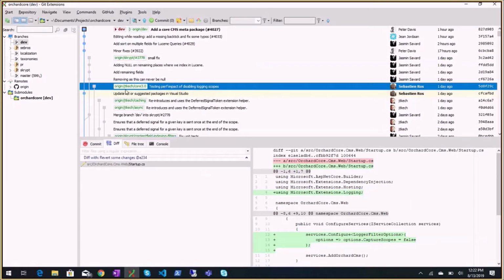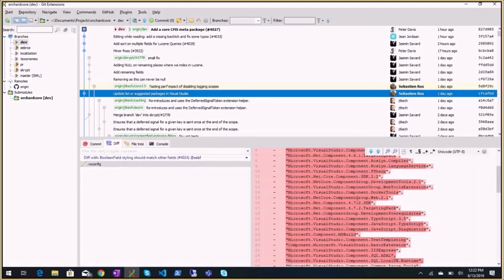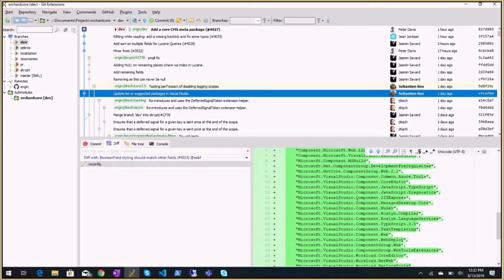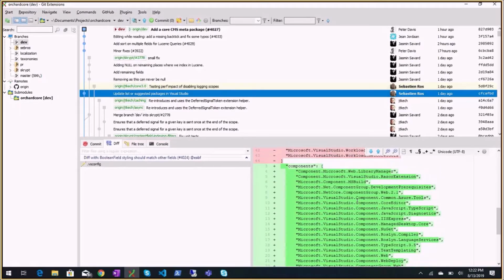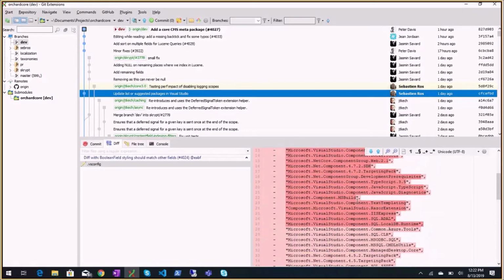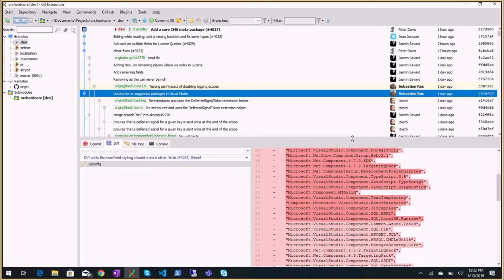Then dev branch, update list of suggested packages in Visual Studio. I changed that because maybe you have noticed, if you open the dev branch, it will tell you to install some missing components, which are actually not required. I can do actual development on my machine, and it was asking for missing components.